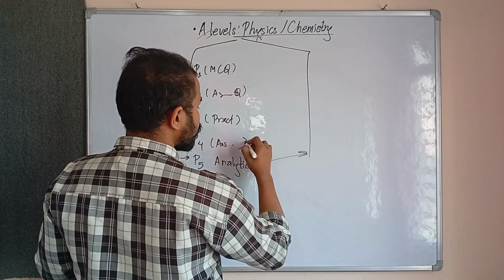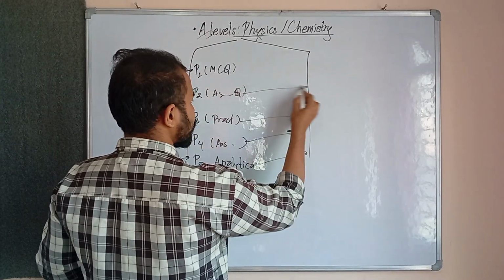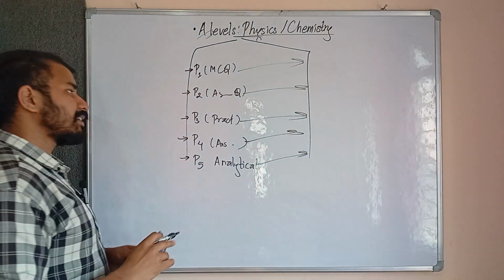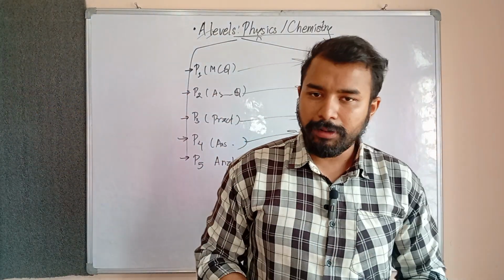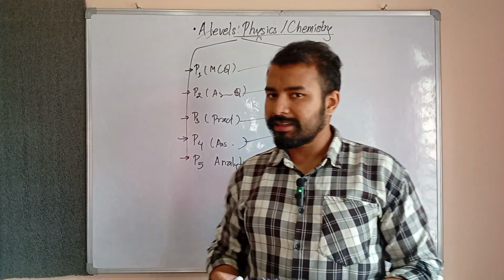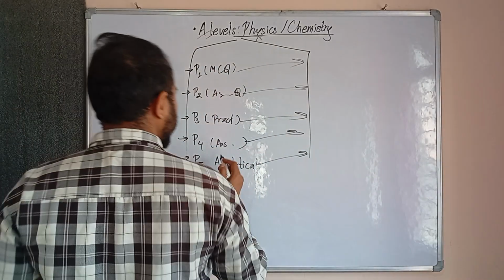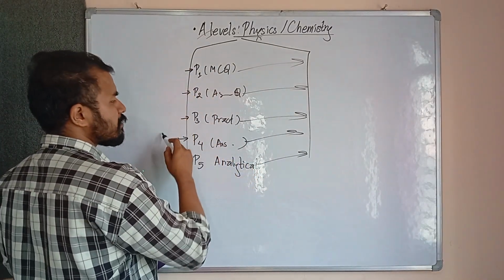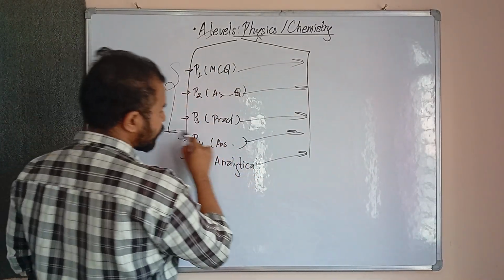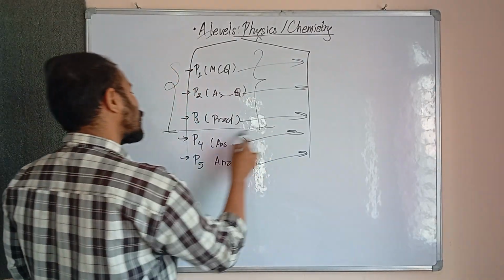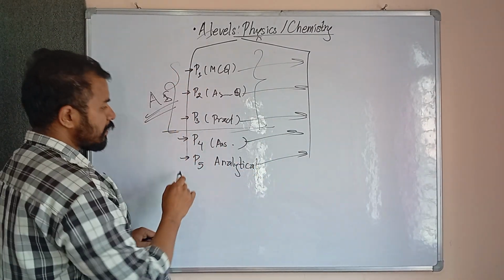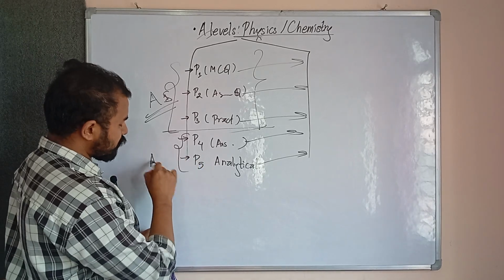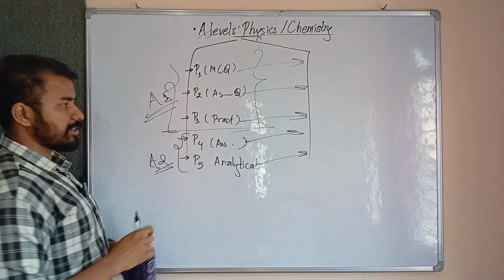And the same thing goes for chemistry. So in case of physics and chemistry, we will get five papers within those 2 years of A levels, and mostly teachers or people from Nepal divide these things this way. First, they divide these three papers as A1 or AS level, and they divide these two as A2 level.